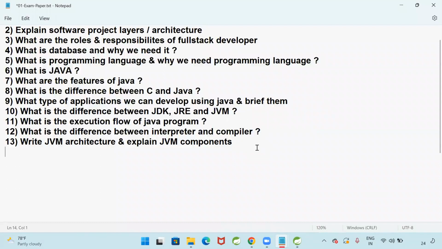It is a lengthy question. Who is responsible for which action in the JVM? You should list that down as well.